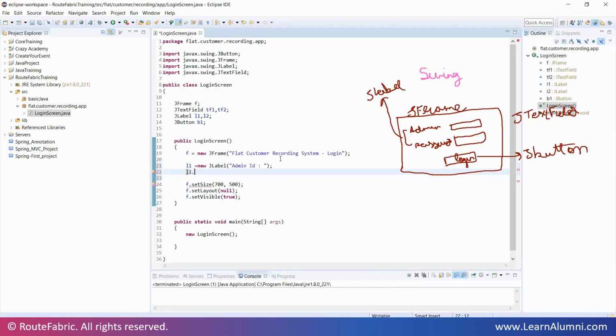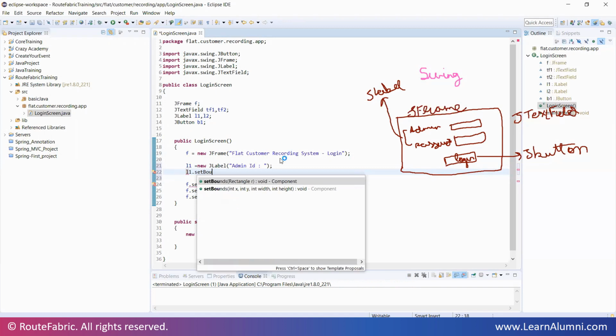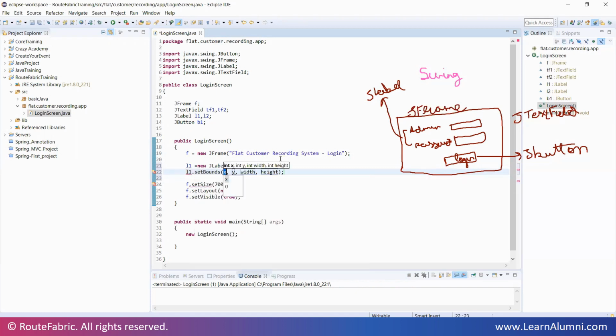So L1 dot setBounds. Now you need to tell the bounds of it, because it will be occupying some area. On this particular screen that we are using, the x-axis is where you want your label to be. We have to use a little bit of mathematics over here.